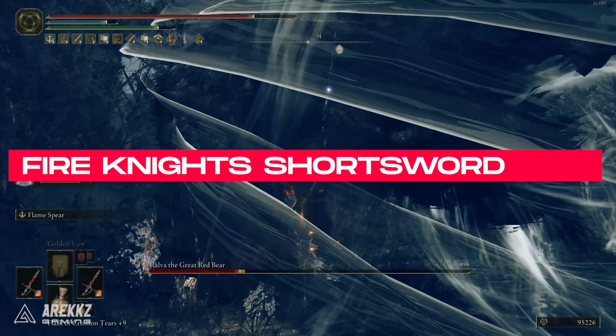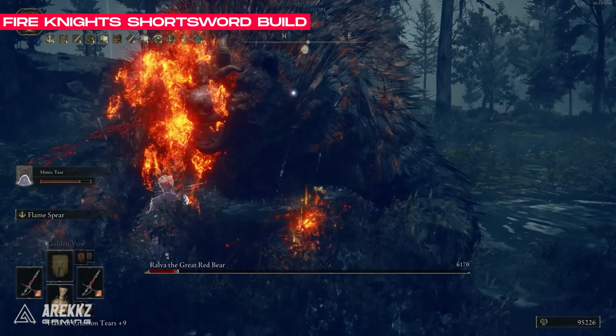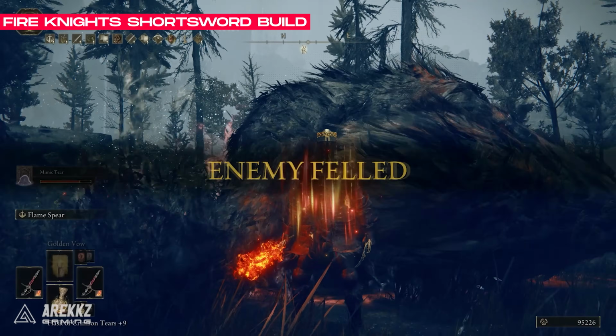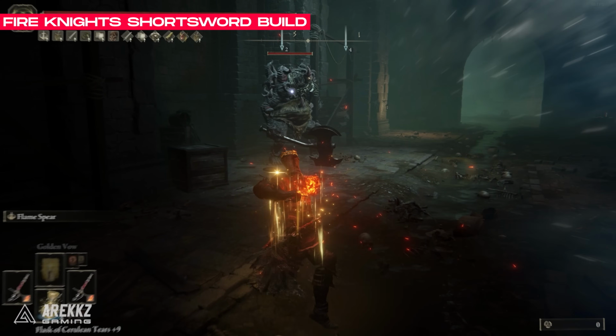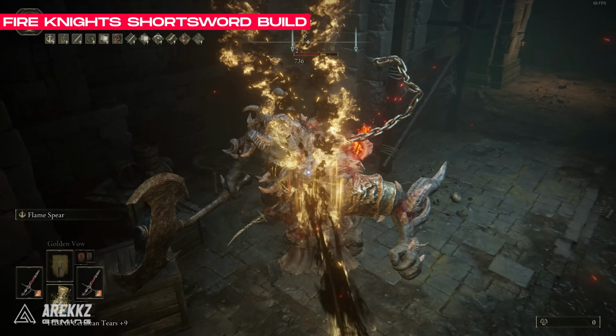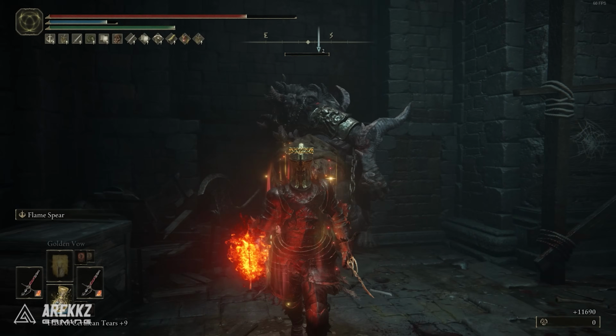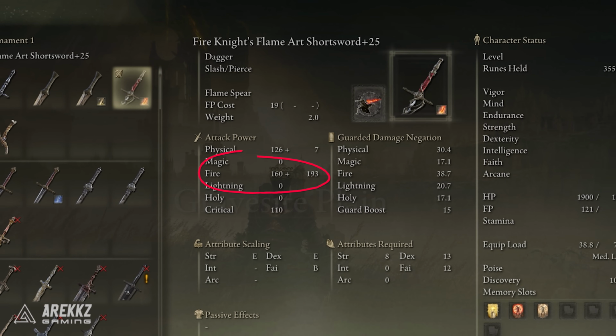And next up is the Fire Knight's Shortsword build. Not many people seem to be talking about this weapon, and it is in fact a dagger despite its short sword name. But it's also a Fire Knight's weapon, which means it has passive fire damage on it and an extra boost for fire infusions. This means, similar to the Black Steel Twinblade, this weapon comes with an extra baseline of fire damage baked into it